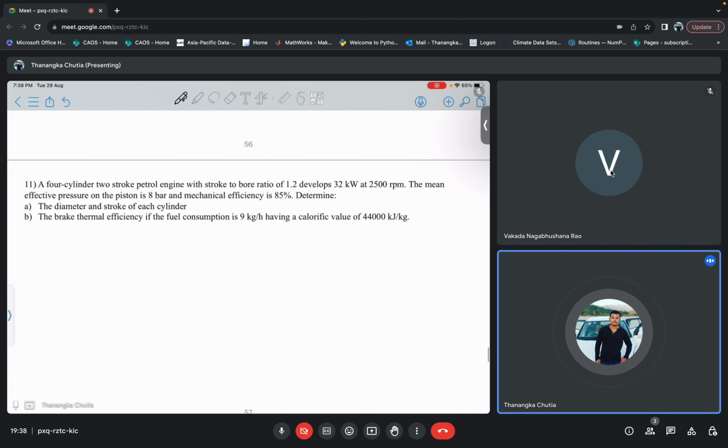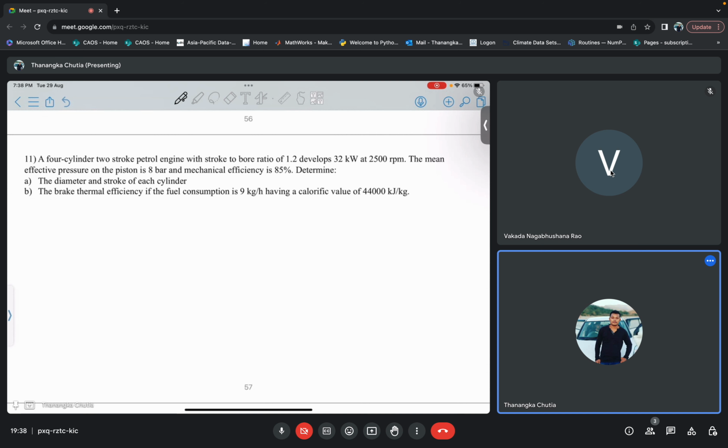so let us go to the next question then. A 4-cylinder 2-stroke petrol engine with a stroke to bore ratio of 1.2 develops 32 kilowatt at 2500 rpm. The mean effective pressure of the piston is 8 bar and the mechanical efficiency is 85%. Determine the diameter and the stroke of each cylinder. The brake thermal efficiency if the fuel consumption is 9 kg per hour, having a calorific value of 44,000 kilojoule per kg. Okay,